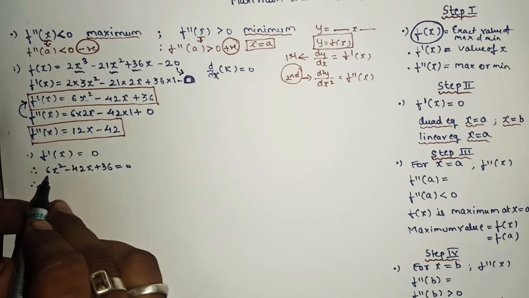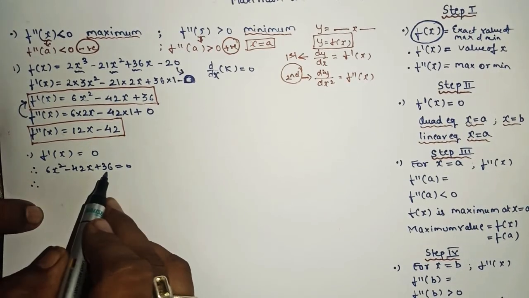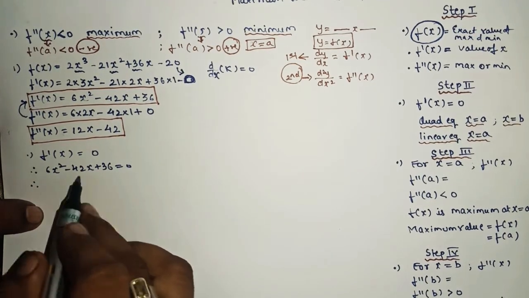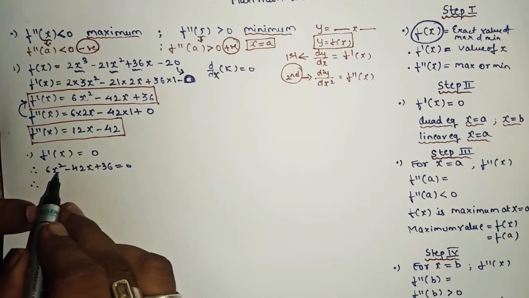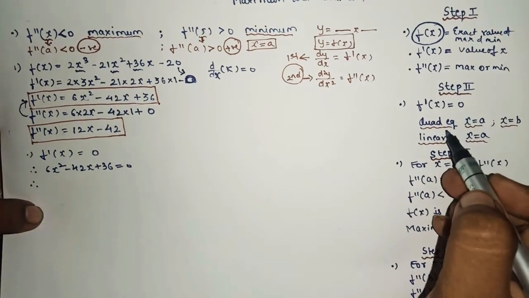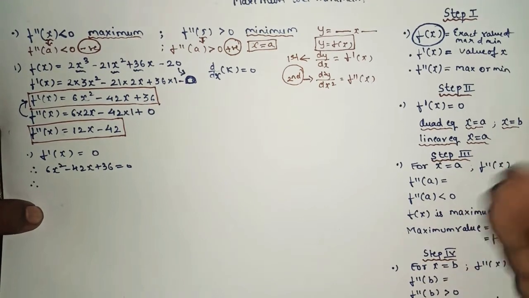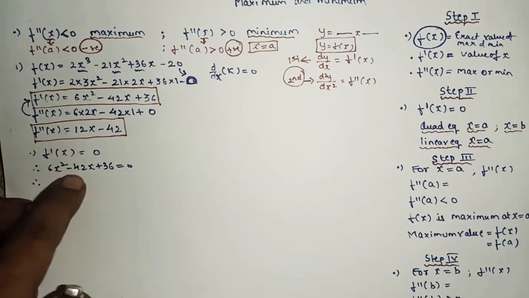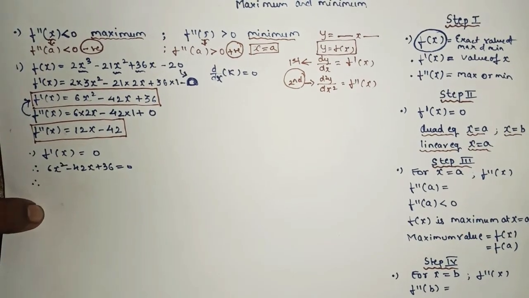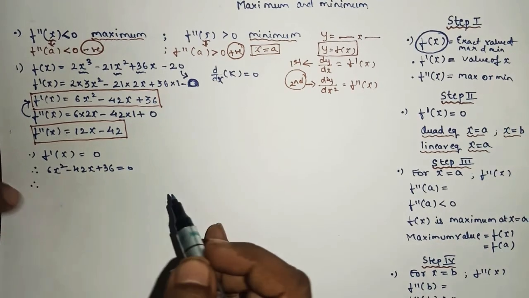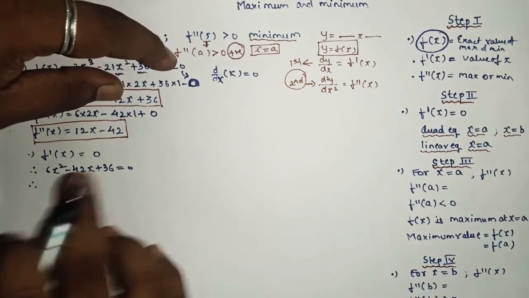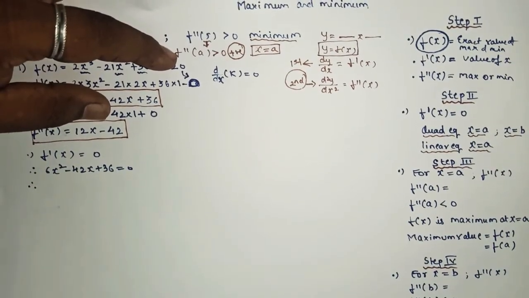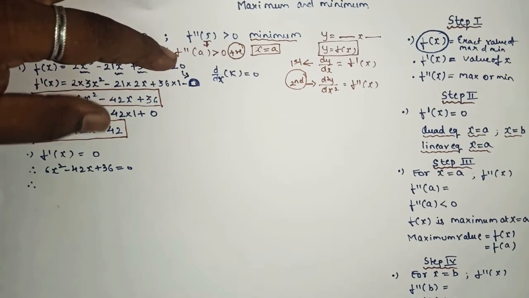as here clearly we can see that 6 is common. If you want, you can remove the common factor, or else you can directly solve the sum. As clearly we can see the power of the variable is 2. If it is 2, it is a quadratic equation. If it is a quadratic equation, there are many methods from which you can find the answer: by splitting the middle term, by the formula method, or by the coefficient third term method. But I will suggest here to solve any quadratic equation by the factorization method, that means by splitting the middle term only.